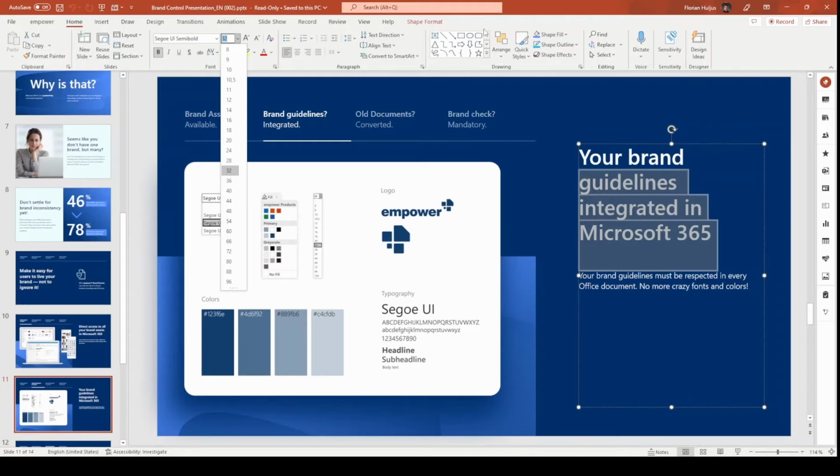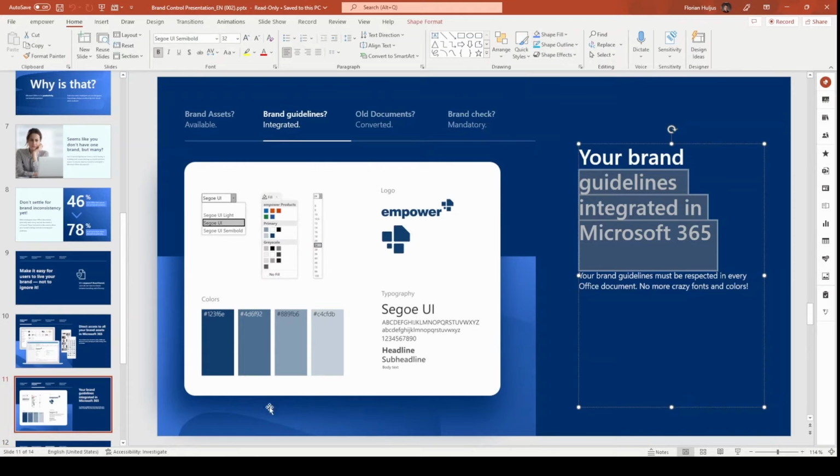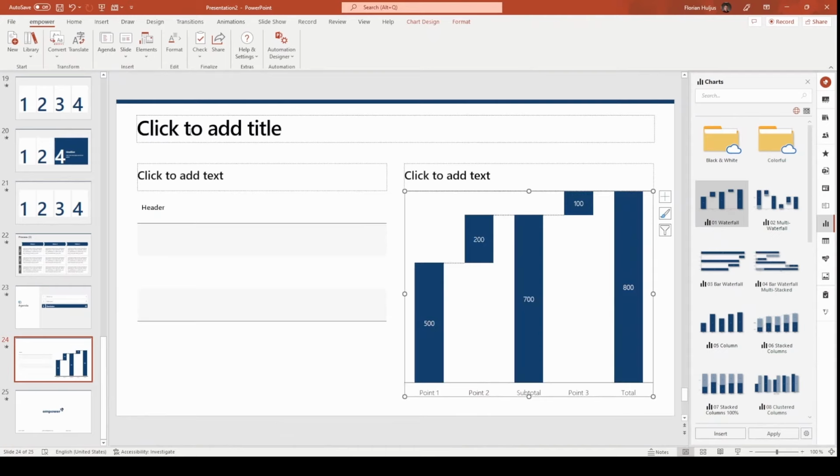Same feeling when it comes to color design. It doesn't look much different. Here you can integrate your color palette, but unfortunately, gradations will be unsightly. The problem, users will unfortunately use these color gradations, and all of these gradations are not brand compliant, as they are a percentage of the original color. And this problem always persists because the color pickers are not technically controllable, just like the cell and table styles